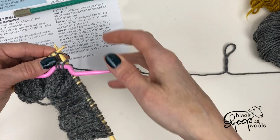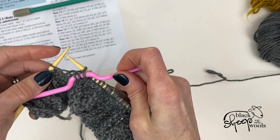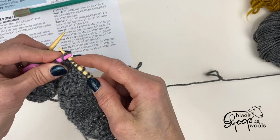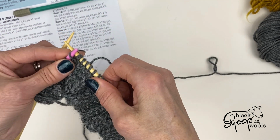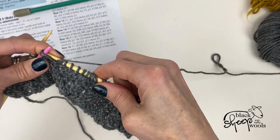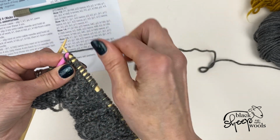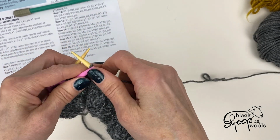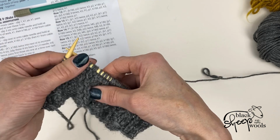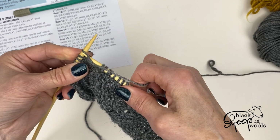We knit one, and then we're going to knit the stitches from the cable needle. Just push them up to the top, and we knit one through the back loop. We knit one, oh no, we purl one, sorry, purl one, and then we knit one through the back loop. So just make sure you read the right instructions for the cable because they are both slightly different for the front cable and the back cable. So that's our front cable complete, and then we're going to purl 2, 1,